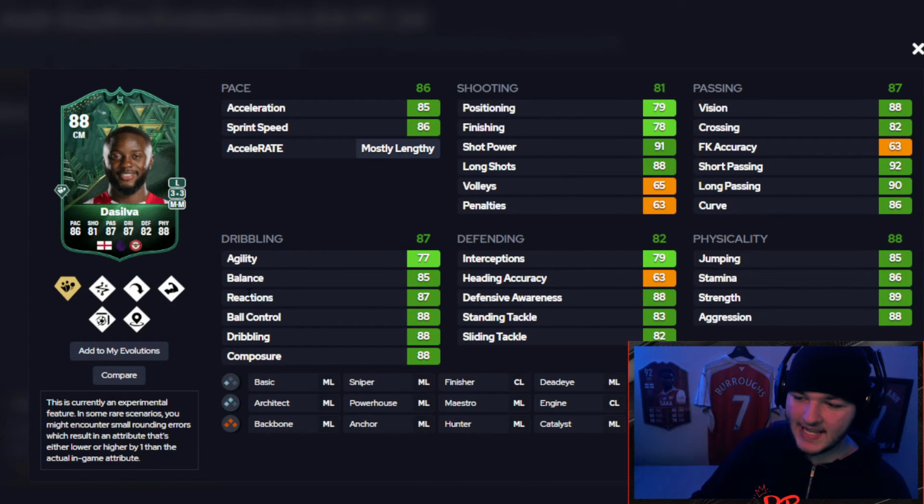Josh Dasilva, 88 rated Hullet gang, ladies and gentlemen, Hullet gang. There's so many 3-star, mediums. I feel like that's probably just a thing EA do for lots of the silver players. Just medium work rates, 3-star. But man, 86 pace, he's one of the faster ones. Great passing, dribbling wise, his agility's lacking a little bit, but his balance is nice, composure's good, defending is okay,